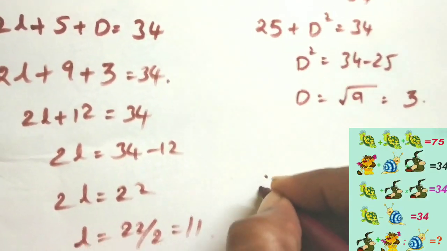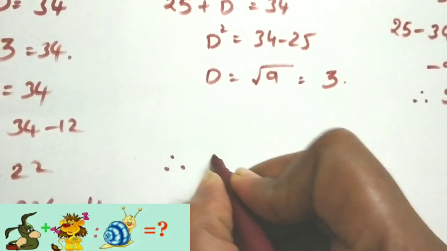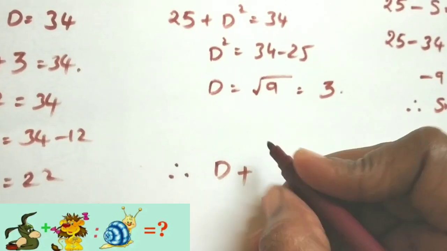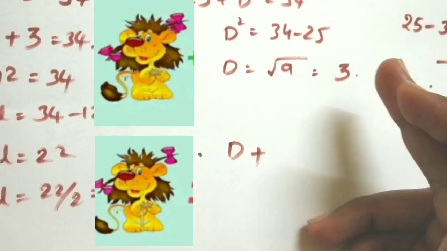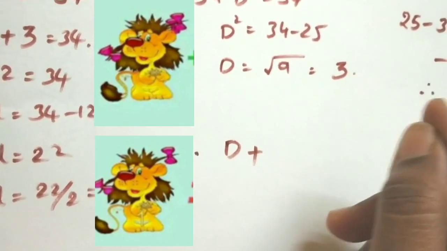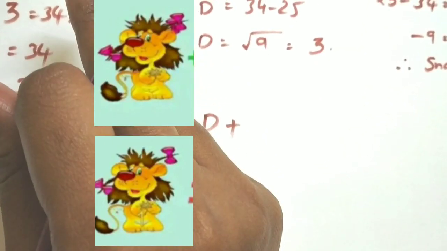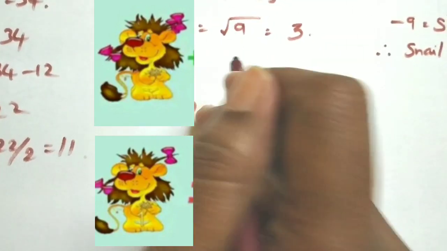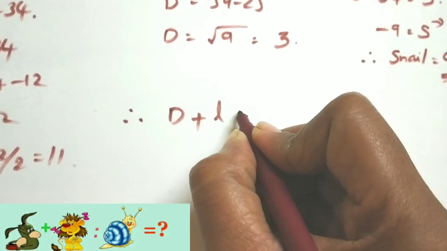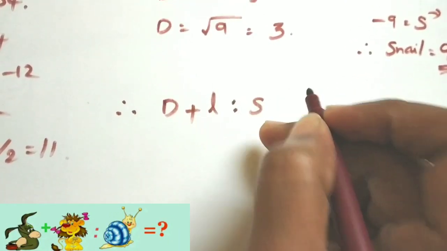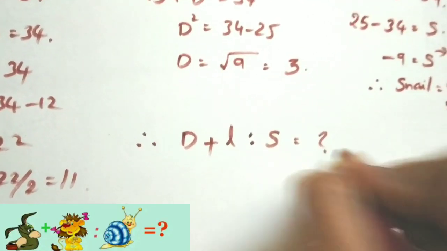Okay. Now come to our puzzle. What do we have to find? We have to find donkey plus line, over snail. A single line is there, not 2 lines. If you observe the head of that line, only a single pink band is there. If you see the first and second lines, 2 bands are there for that line, but here only a single band. So only one line is over one snail. That snail is also in the actual direction, like the positive direction. So you have to find that value.